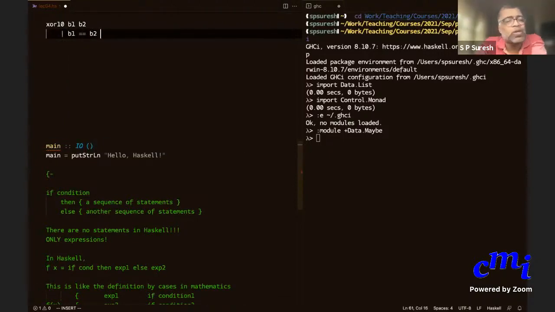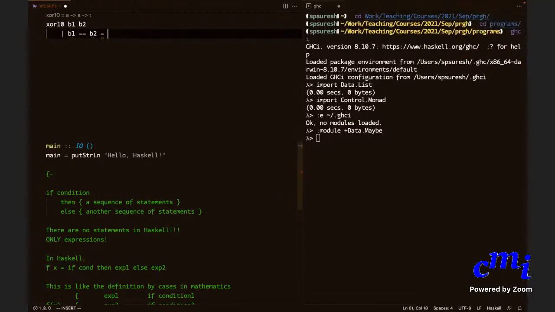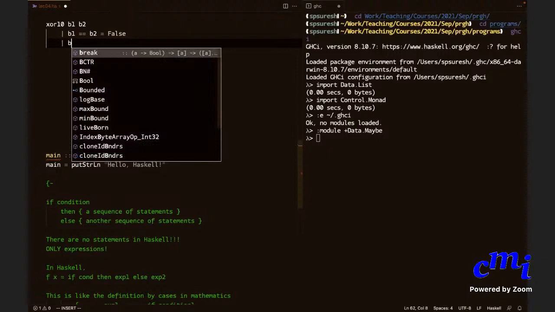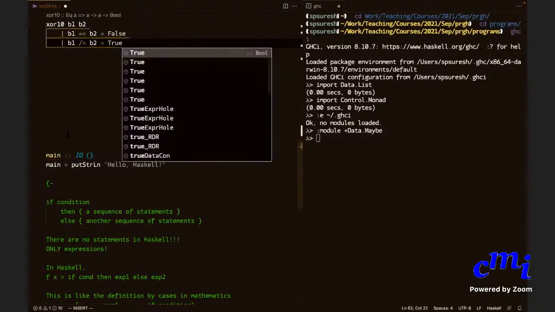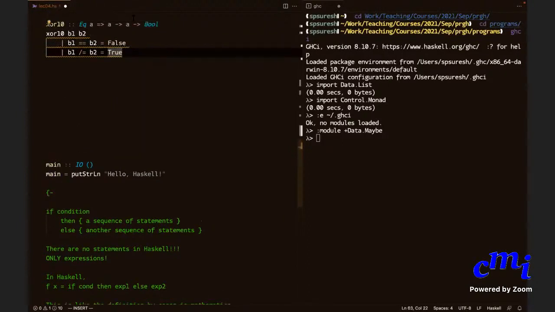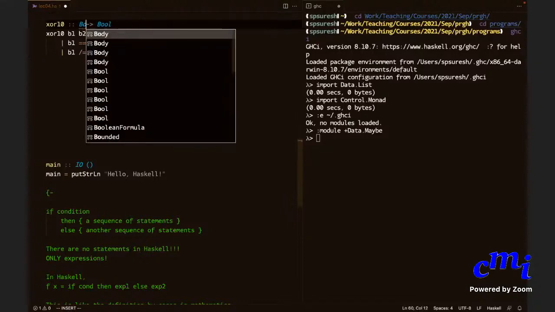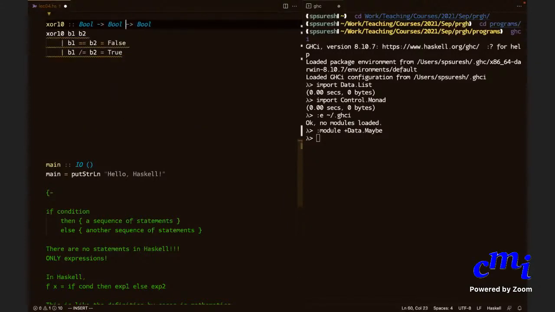You can define multiple functions and call one function from another, but there is no requirement that the function that calls should be later than the function that is called. You can put anything anywhere. Okay, is this clear?